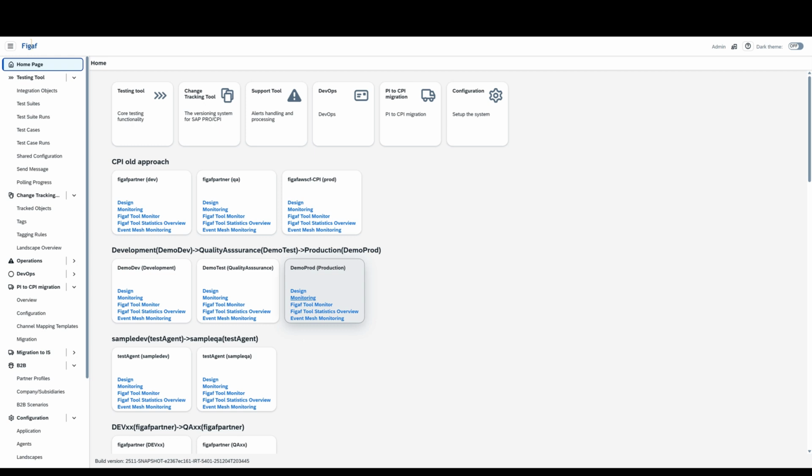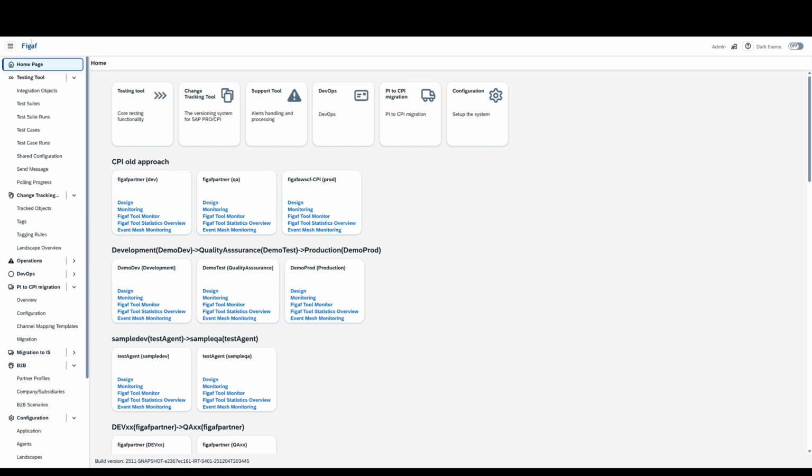Today, we would like to show you some of the new features that we have in our upcoming release, which will definitely be a great help and might even change completely how you plan to do your migration. Now, if we look at a normal setup where you want to start